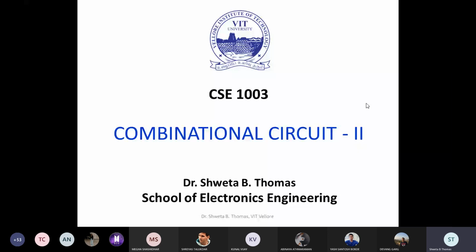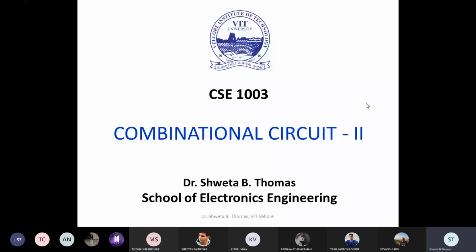Then we started the Boolean logic. There came map, simplification of Boolean function, adder, subtractor, half adder, full adder, half subtractor, full subtractor. These many things we have discussed. The tabulation method also we have discussed. I have not given that tabulation method in the exam, because I thought it may be a little lengthy for you, so I just left the topic.